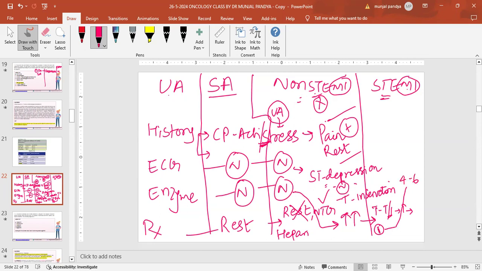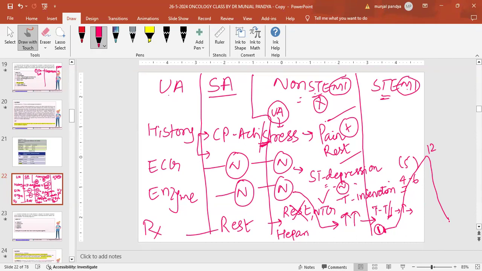So the patient has chest pain at 1 o'clock, and you expect the earliest rise at 5 o'clock. So if you send the blood test immediately, even though the ST is depressed, the troponin is normal. It starts elevating at 4 to 6 hours, peaks at 12 hours, and then goes back. When does it become normal? About 24 hours. These are all MCQs.